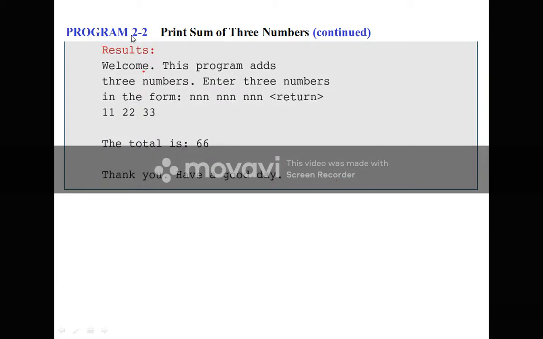So this is the output of the previous program. On the first line we have written: welcome, this program adds 3 numbers, enter the numbers in the form of NNN, NNN, NNN. That is, we can enter 3-digit numbers. Here the user enters 11, 22 and 33, so the output is 66.